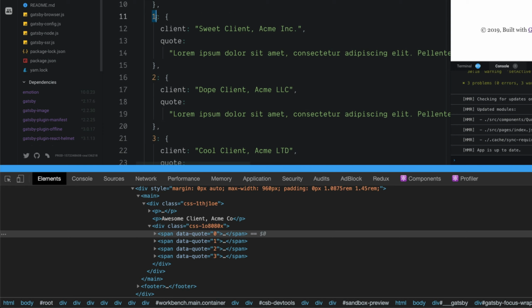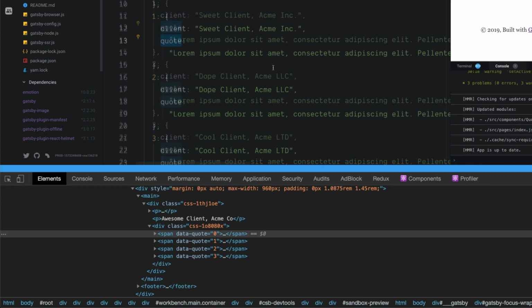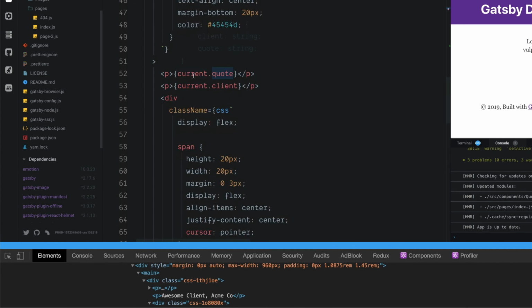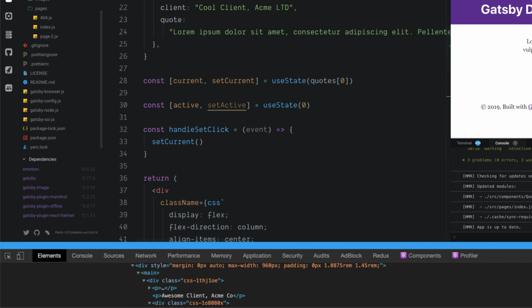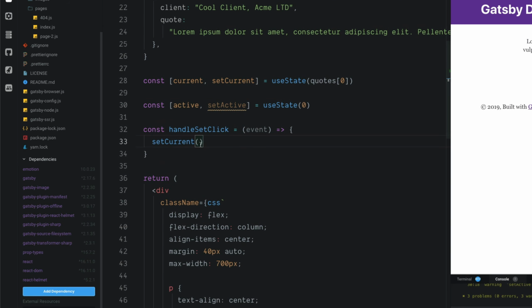So it's going to say, okay, cool, you want it to set it to this. And oh, look, these are the client and quote values that we're using down here in these p tags. So once that state changes, it's also going to change here and be reflected. So let's go ahead and write that here. So we do quotes,